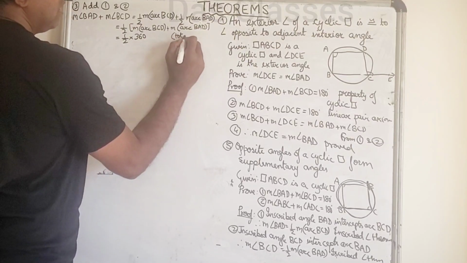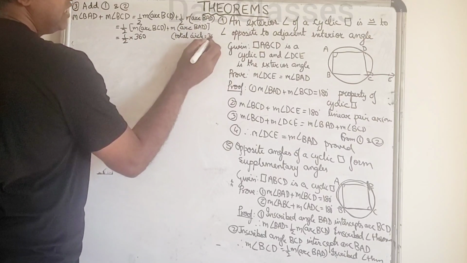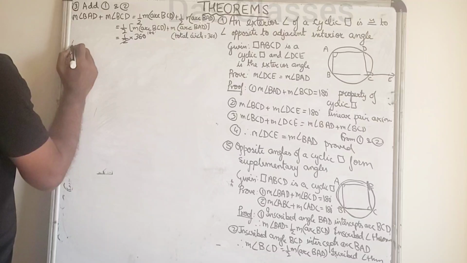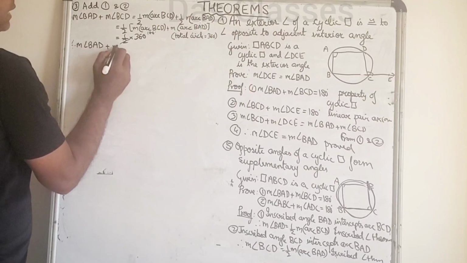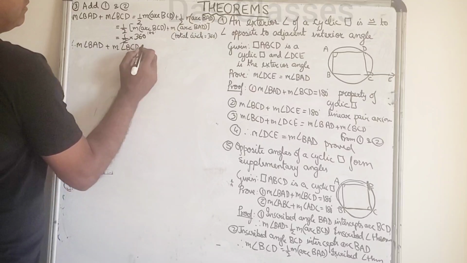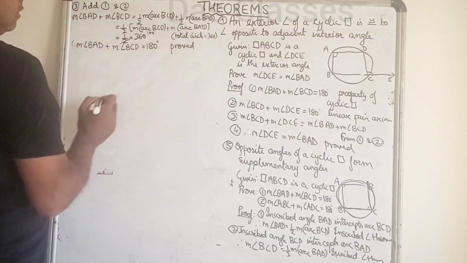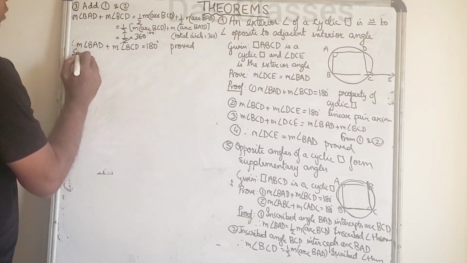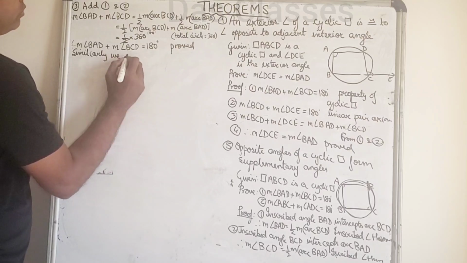Total circle is equal to 360 degrees. So two 180s are. Therefore what we can say is measure angle BAD plus measure angle BCD will be equal to 180 degrees. Proved. That's the first one we have to prove. Similarly, you don't have to do the same thing again. You just have to write similarly we can prove